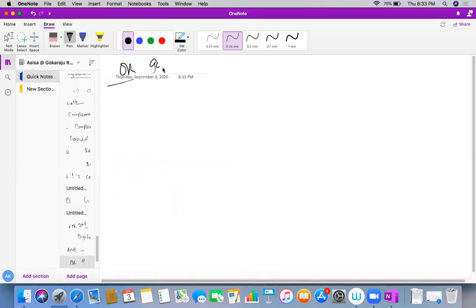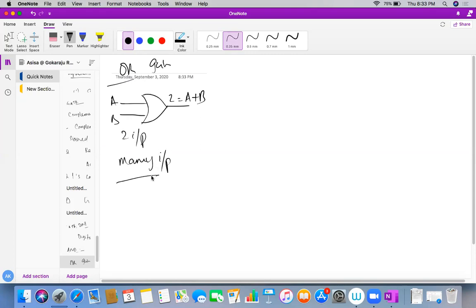The next part of our syllabus is the OR gate. So in the OR gate, again the symbol is a 2 input OR gate. This is A, B and Z, where Z is A or B. This is a 2 input gate, but there can be many inputs on OR gates. The functionality is the same, so no need to worry about it. This is my symbol, and this is my functionality.